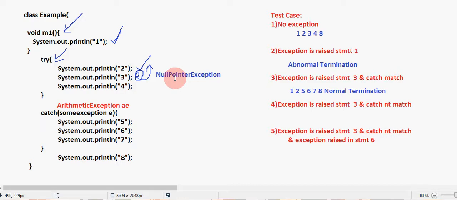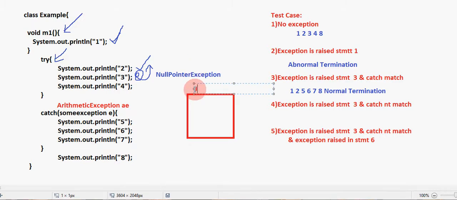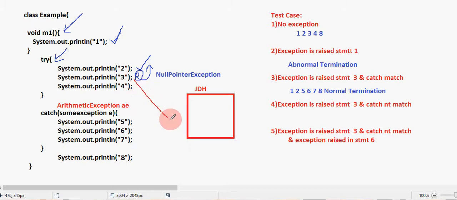So, what is the execution process? It checks whether any matching parameter is present in the same class. It is not found. Then in the JVM, a Java default handler is created. Okay, the Java default handler, and control goes to the Java default handler